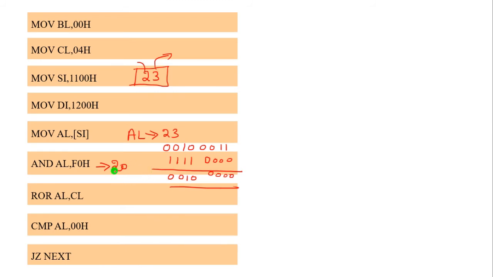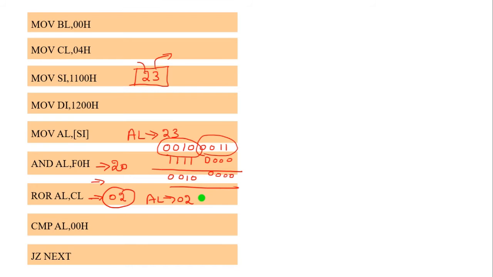Then this higher nibble value is moved into the lower nibble. How are we going to move it? Here this is the 8 bit. The higher nibble value is present in the upper 4, and the lower nibble value is present in the lower 4. That's why here we use right direction rotation, that is ROR. The CL value is 4, already initialized. For example, this is 0 0 1 0 0 0 0 0. After 4 rotations, the result is 0 2. Now the AL register value becomes 02. That means the higher nibble value is moved into the lower nibble.